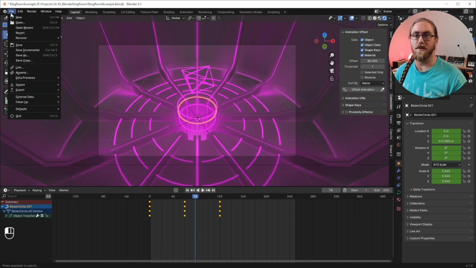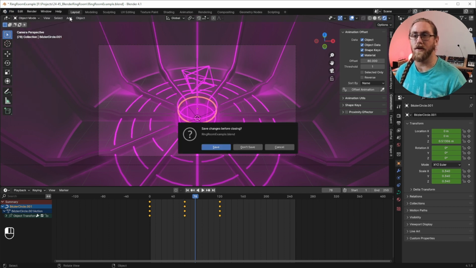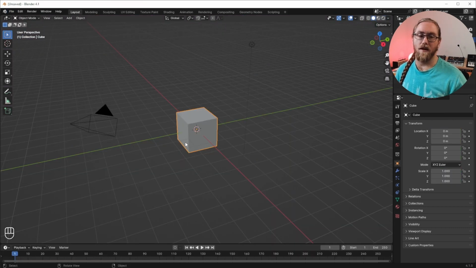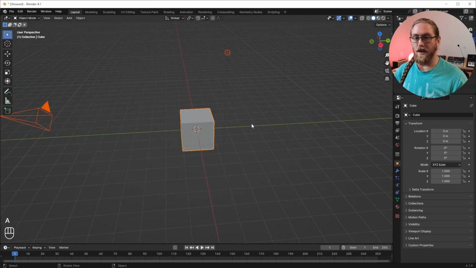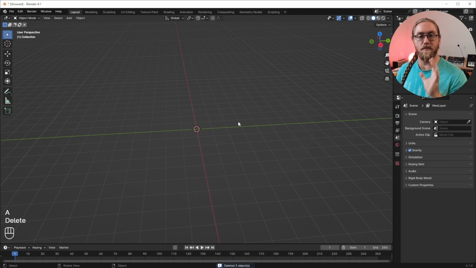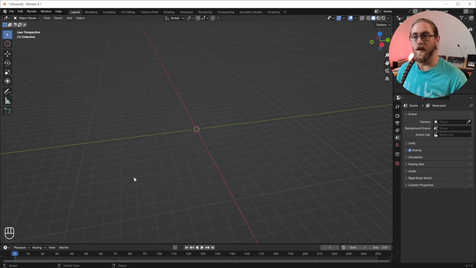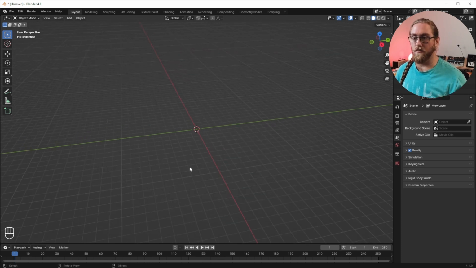So the first thing I'm going to do is come up to here and go New, render. Don't want to save that, I've already saved it. I've got a fresh scene, and as first, hit A and we just hit delete. And if I'm talking and I don't say what I'm doing, come down here, this will show you what I've been doing. So the first thing is we're going to set up that room, and what we need is